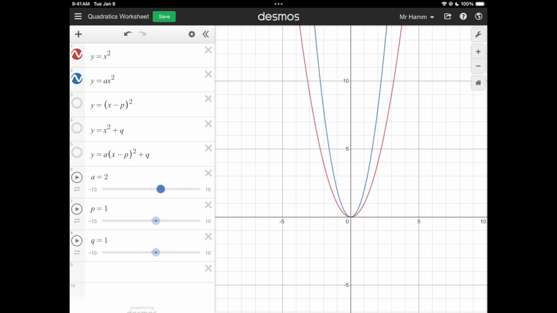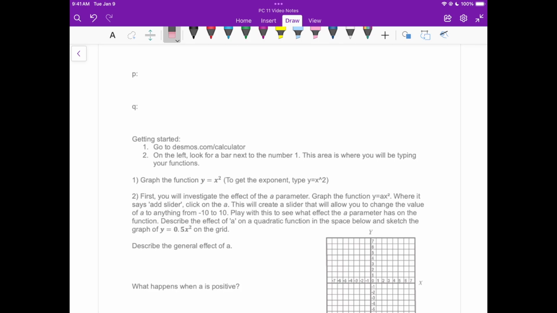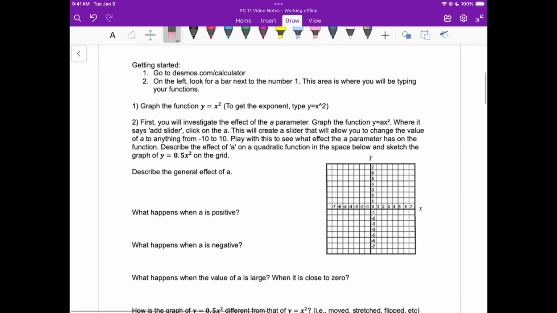So if I start to get smaller and smaller, okay, it starts to get wide. If I hit 0, it's now just a horizontal line. But then if I go into the negatives, we can see that the parabola is now facing the other way. So if you think of the direction of opening, one of those characteristics of parabolas that you saw, this affects a couple of things. So if we go back to our worksheet, if we're describing the effects of ax squared,